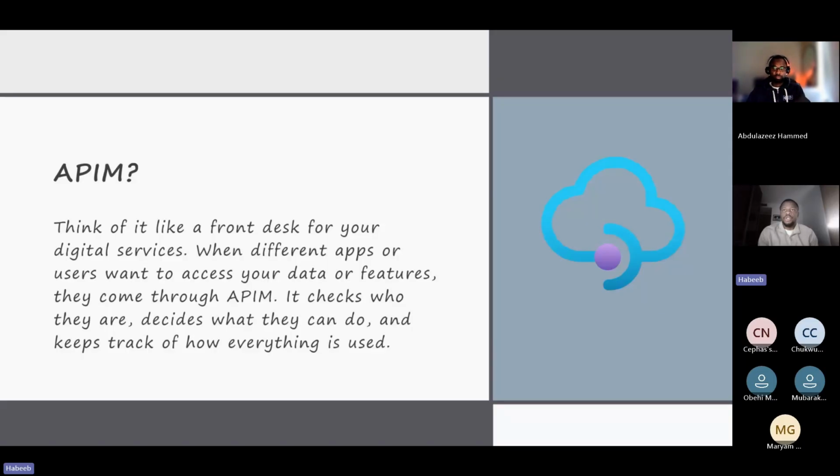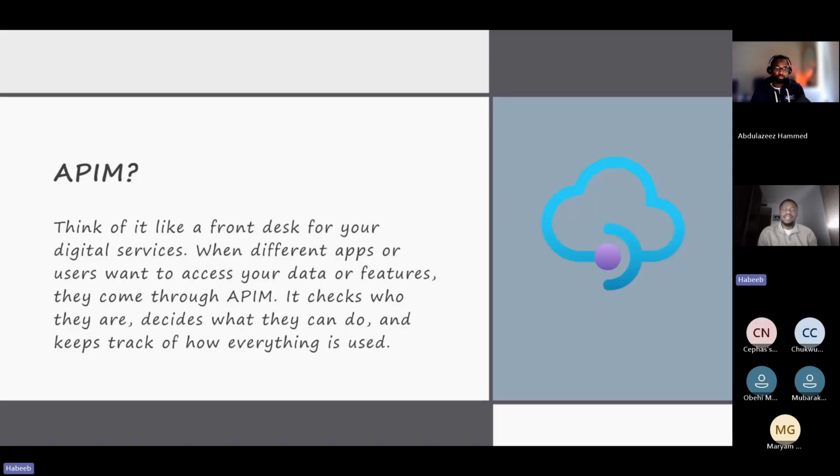These are things that your function, or your web API itself, typically does not really care about, because at the end of the day you want to isolate activities and follow single responsibility, so that a single service does not do more than it's supposed to do. Ideally, you wouldn't build all these things inside Azure Functions or any authentication provider to say, how many times did this person come in? Maybe you can have a small set of service built in to say, did this guy access this? You can see this probably in Application Insights or Log Analytics. But in terms of deciding what you want to do with this data,